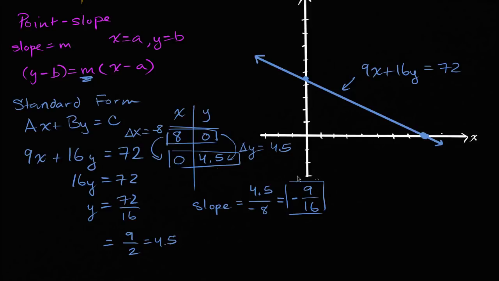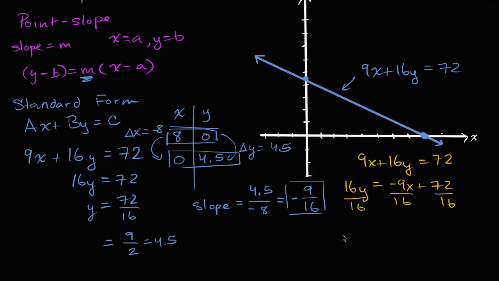Let's do that, just to make it clear. If we start with 9x plus 16y is equal to 72, and we want to put it in slope-intercept form, we can subtract 9x from both sides. You get 16y is equal to -9x plus 72. And then divide both sides by 16. So divide everything by 16. And you'll be left with y is equal to